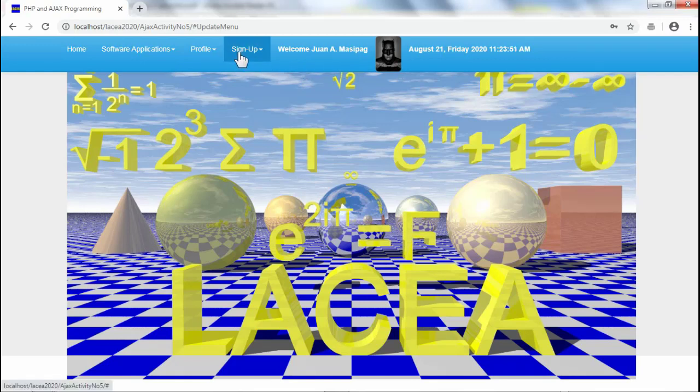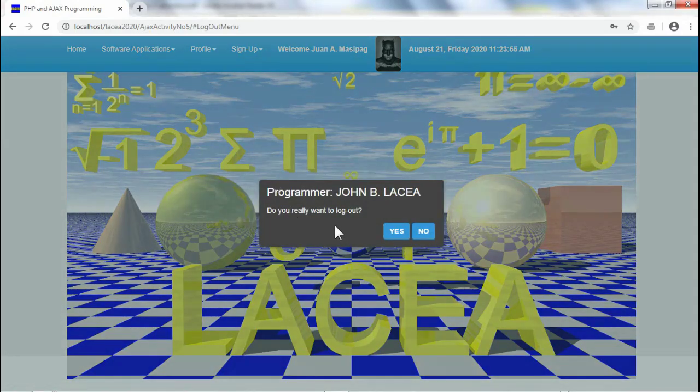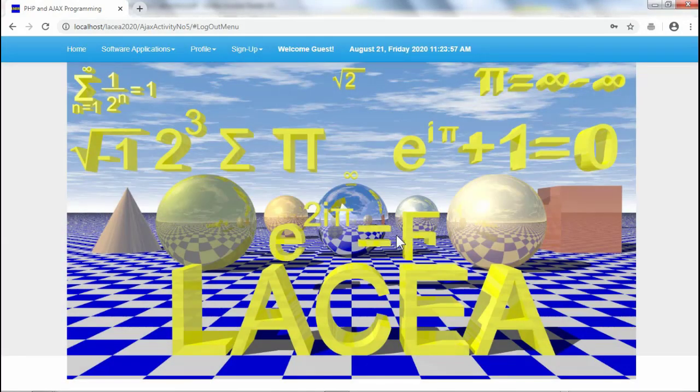If I click sign up and then log out, do you really want to log out? Yes. Therefore, another user can log in. If we log in once again,